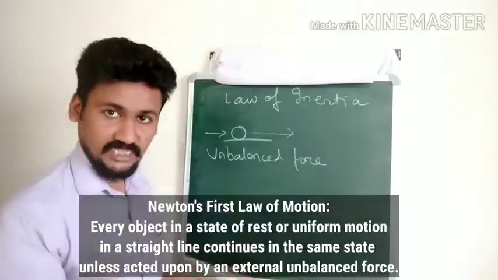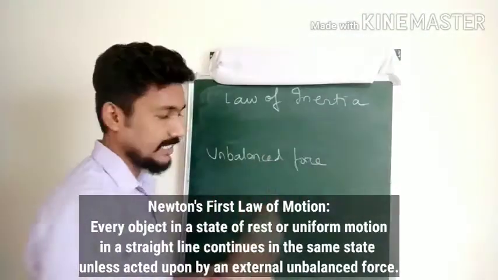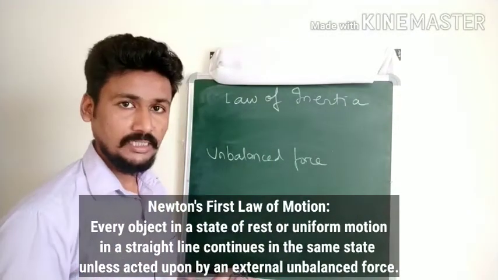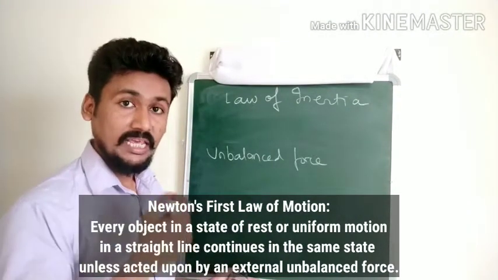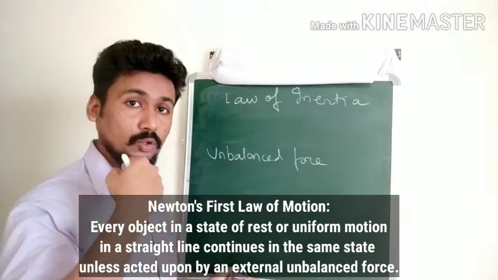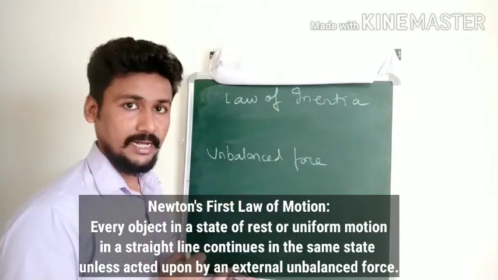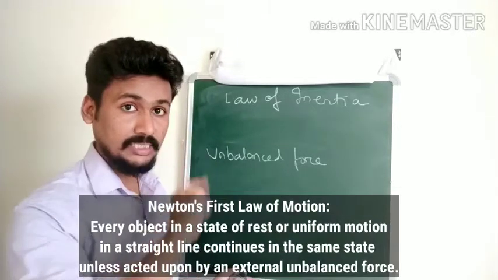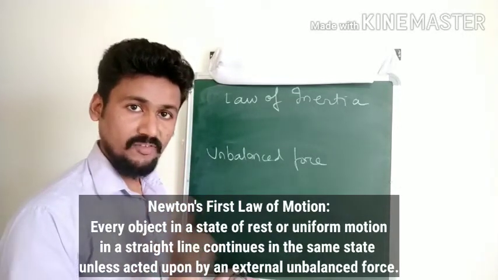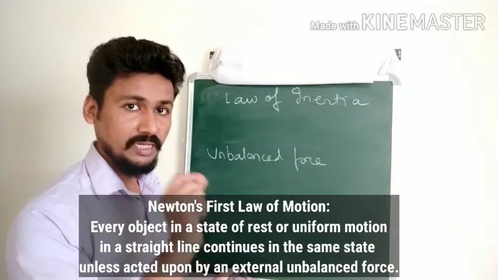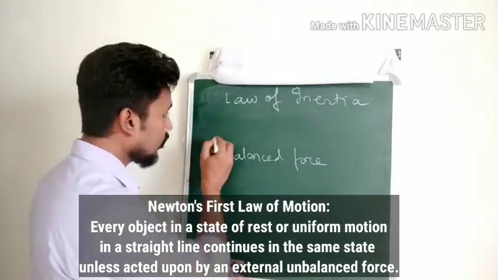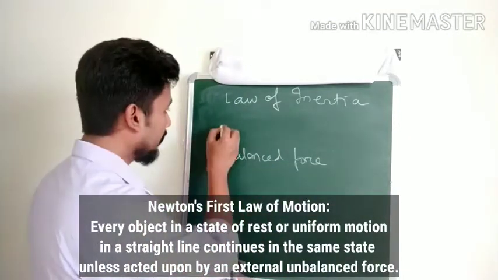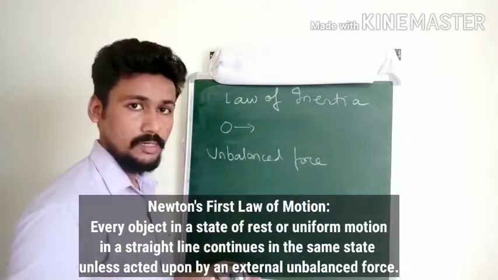Now let us see the next part. Next part, he says, object at rest or in uniform motion in a straight line. If an object is having uniform motion in a straight line, I hope you can remember the concept of uniform motion. That was in the previous chapter. Uniform motion means an object moving with the same velocity. So let us say we have applied a force on the ball and the ball is moving. So the ball is having a uniform motion.